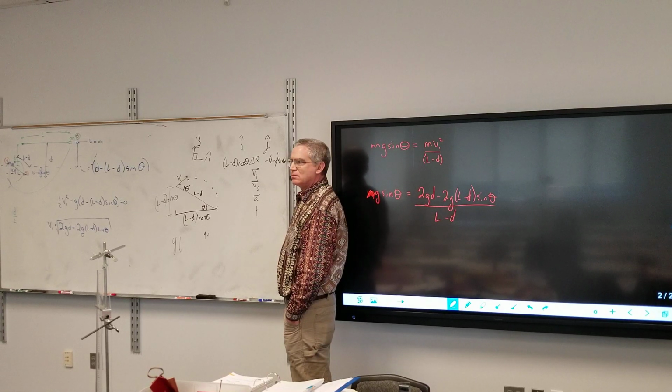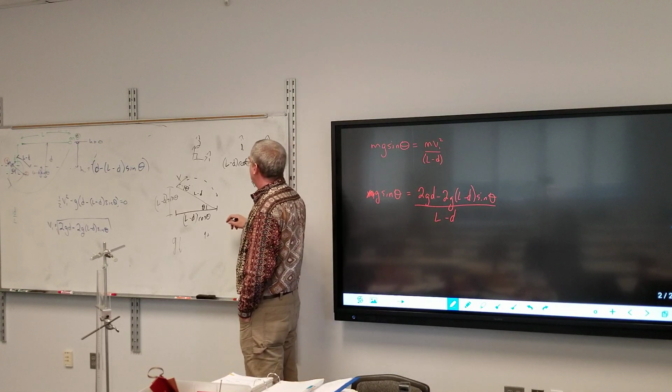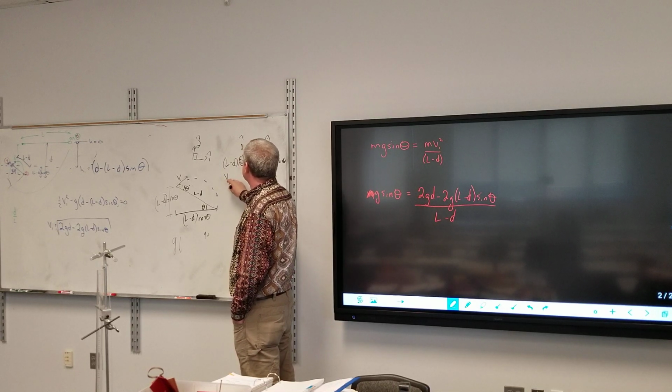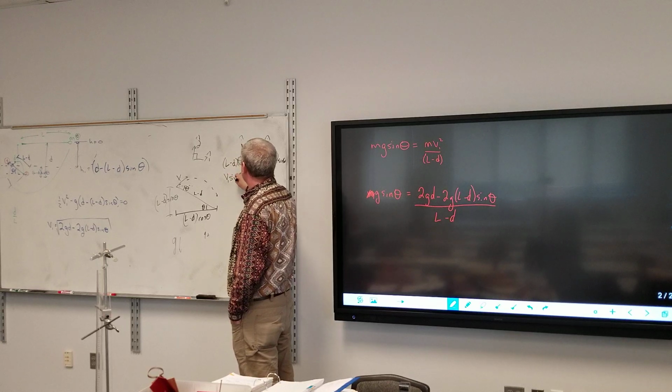V1 cosine theta, which is the same thing. Yeah, V1 sine theta. And this one,